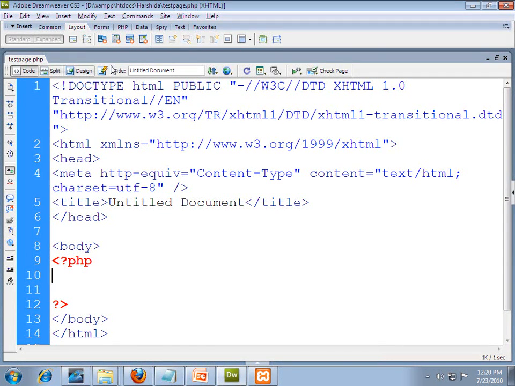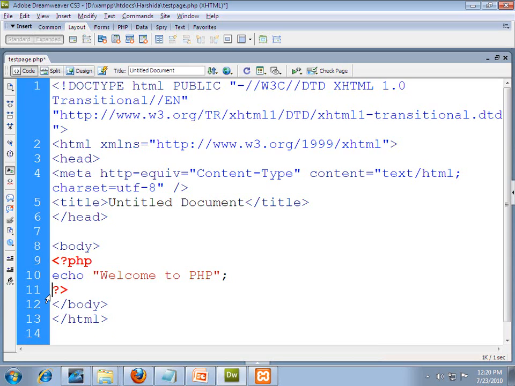In the same way, in PHP we use echo to display our messages. Here I specify the message welcome to PHP, and with the use of echo we will display it.